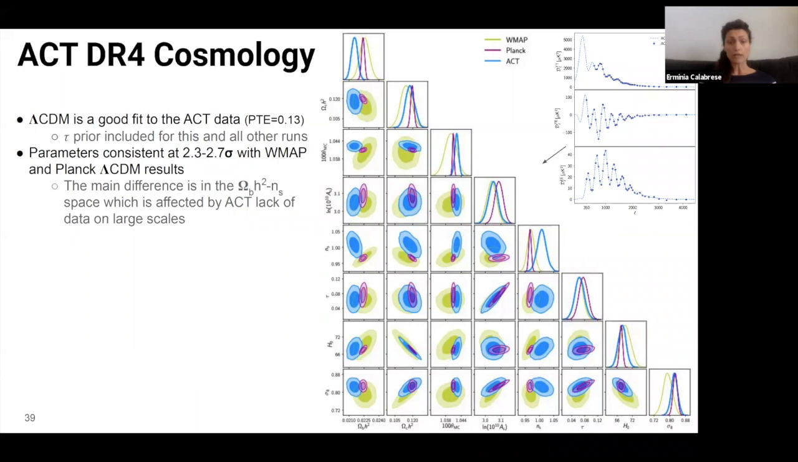And here on the right, you see a plot of the 6 basic Lambda CDM parameters and 2 derived parameters of interest, including H0, that we derive from our ACT DR4 CMB spectra. And you also see the equivalent that you get when you run Lambda CDM constraints by using WMAP alone or Planck alone datasets. You see that we have good consistency,